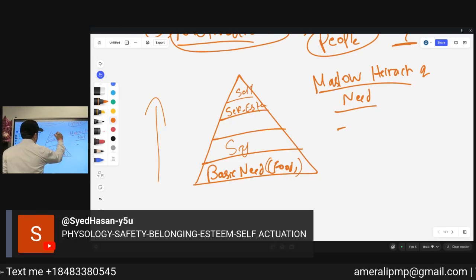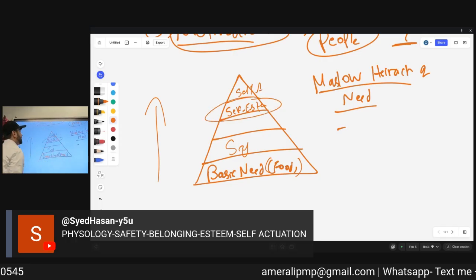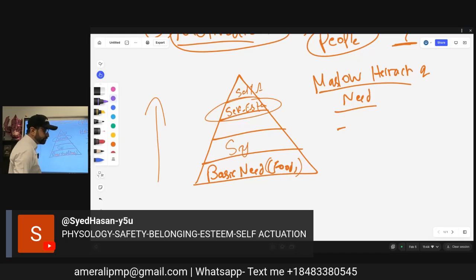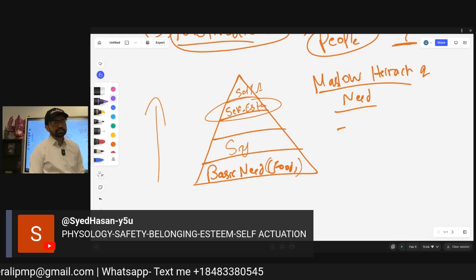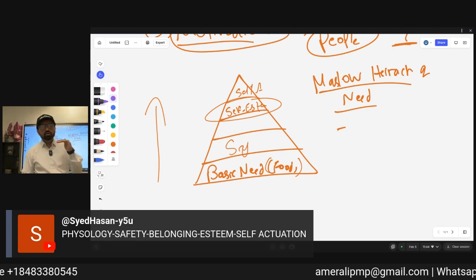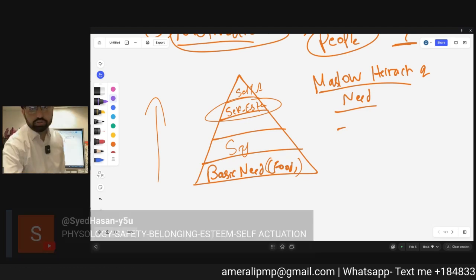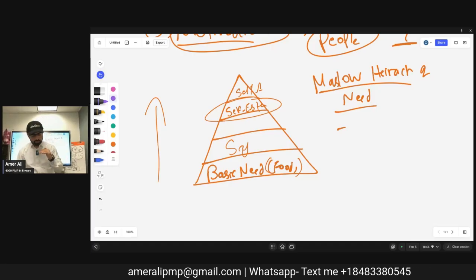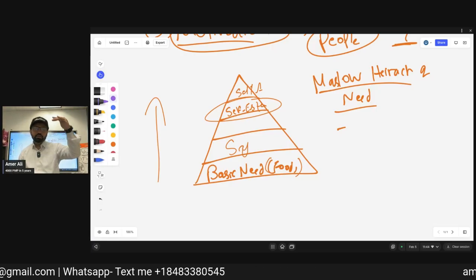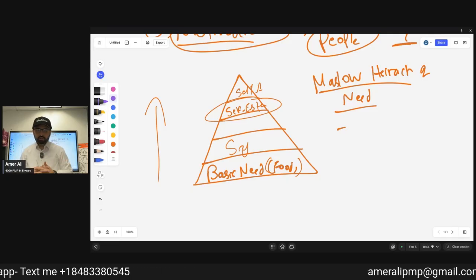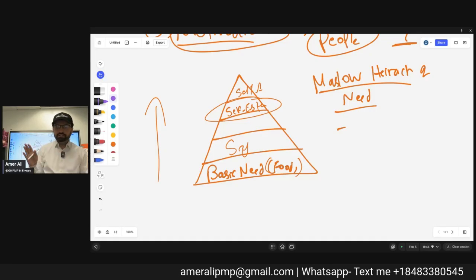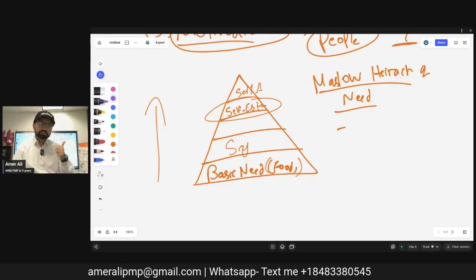Then this is self-actualization. I will not think about self-esteem unless I have eaten food today, unless my kids are safe, unless I know this can add value to me. So Abraham Maslow, one of the most known scientists, said that we move from lower to upward, from basic needs up, up, up. This is the most important motivational theory ever existed. All other motivational theories came from this.